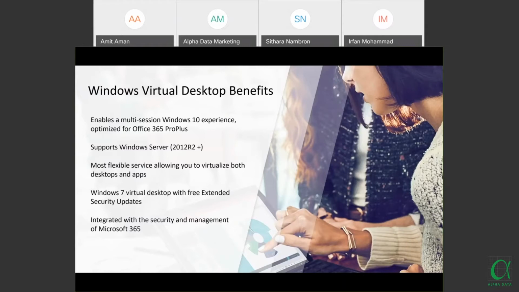Another feature we talk about here is simplified management, provisioning, and access to corporate data and applications. It also supports customers as they migrate to the cloud, and of course reduces the cost and resources associated with managing on-premises infrastructure. It empowers IT to transform the workplace, along with integrated security features with the Microsoft 365 suite, as most of you would be aware. We'll be talking about that in a bit in the next slides.